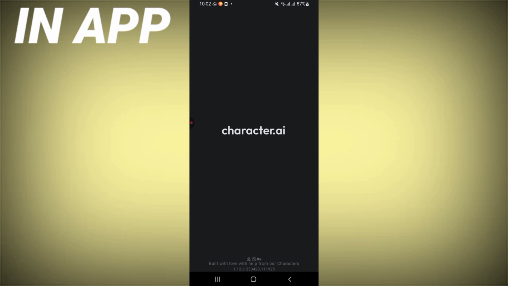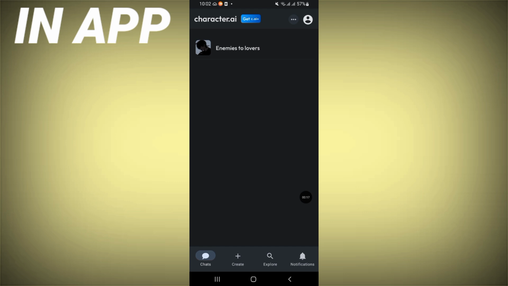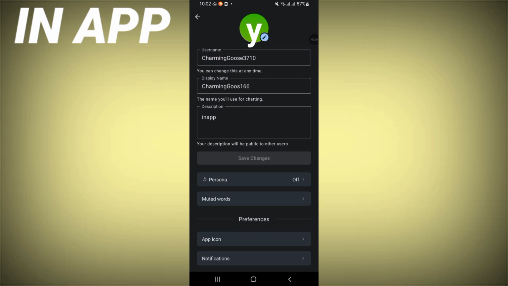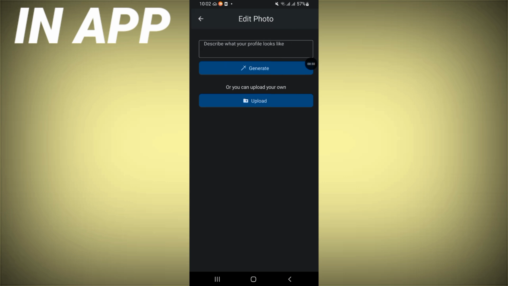So first I open my Character AI, as you can see right now. Next I will just come here and click on the corner of the screen. Next, click here on the settings. And right now I will find here my profile. We click on this edit icon, and right now if I want to just use a picture from my gallery or my